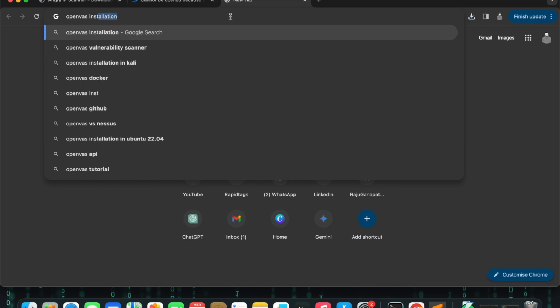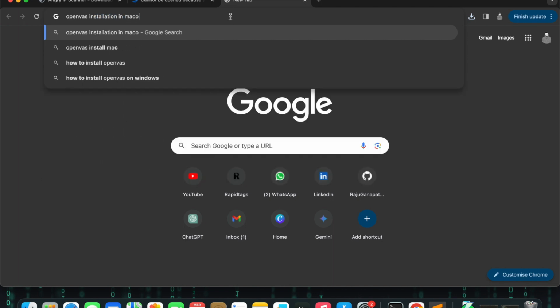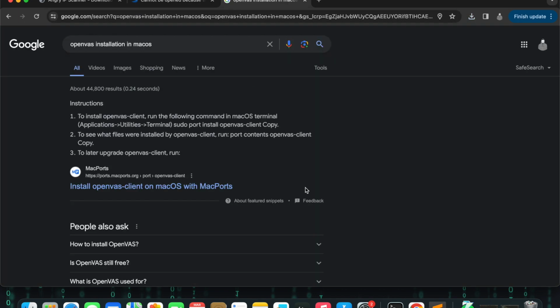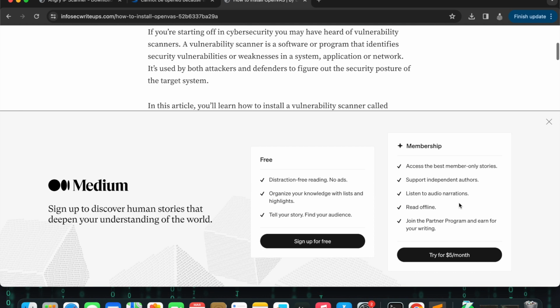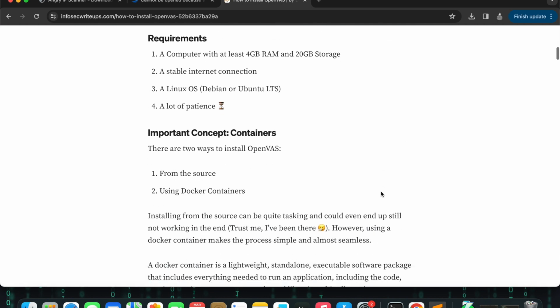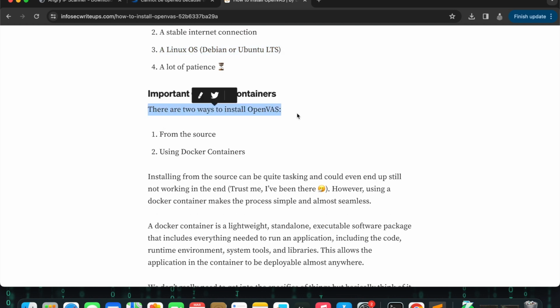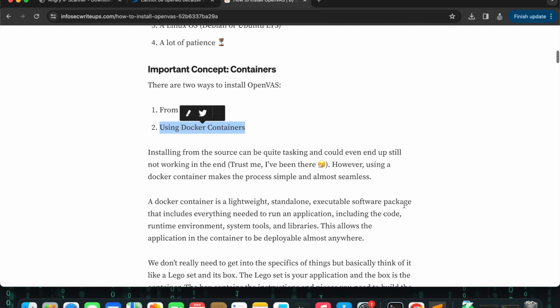OpenVAS installation in macOS. You need 4 GB RAM and 20 GB storage. There are two ways to install OpenVAS: from the source, or using Docker containers. Installing from the source can be